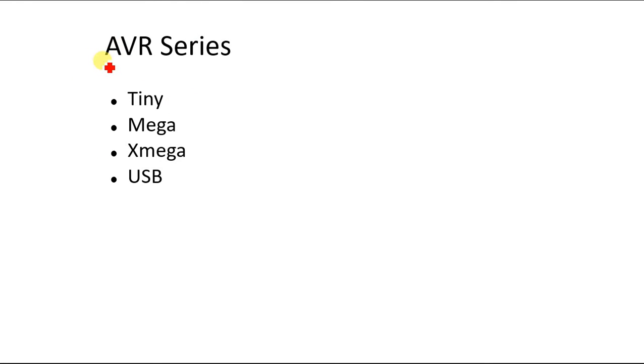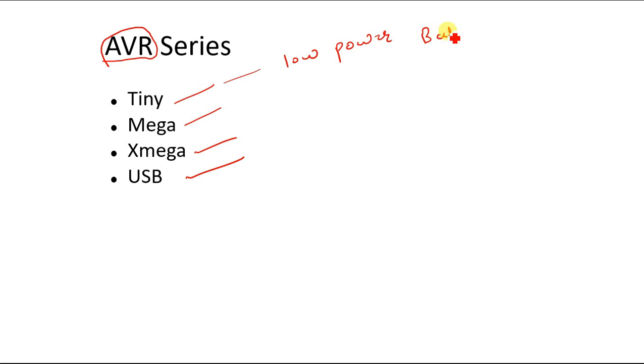So when we look at the AVR series of controllers, currently there are Tiny series controllers, Mega series, XMega series, as well as USB series controllers. USB series means the controller which has got an on-chip USB interface. Tiny is a low power